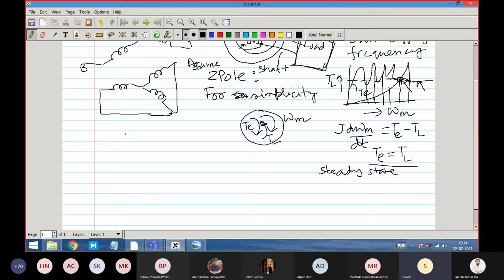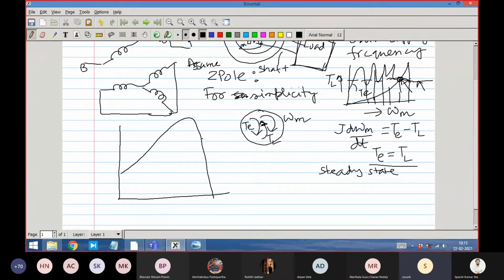Induction machine torque speed characteristics, as some of you were asking. I will draw it, but it will look like I have somehow conjured it, like thought about it. It is not that. It comes through the machine circuit and model. We will prove that. But qualitative understanding is very important. If you don't have qualitative understanding, there is no meaning in studying this. So qualitatively, the torque speed characteristics, we will see that it happens like this.